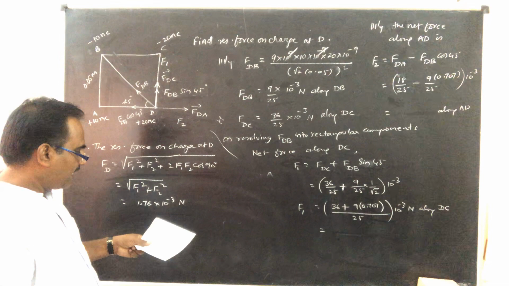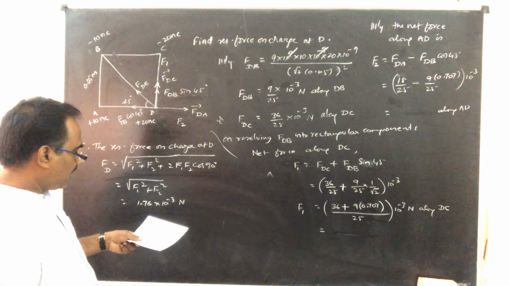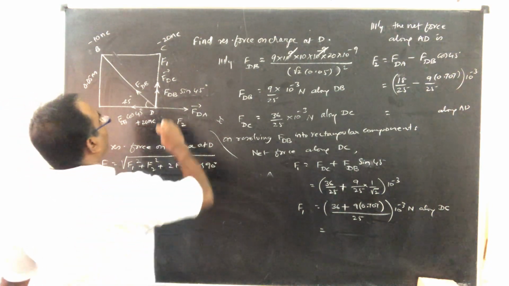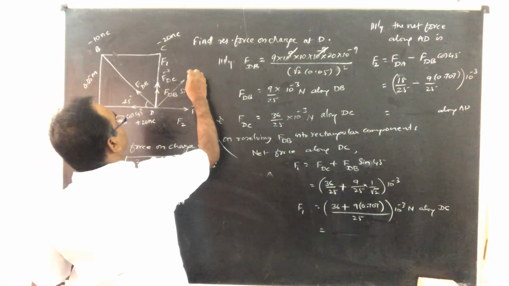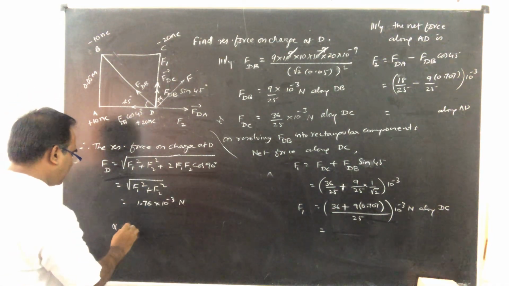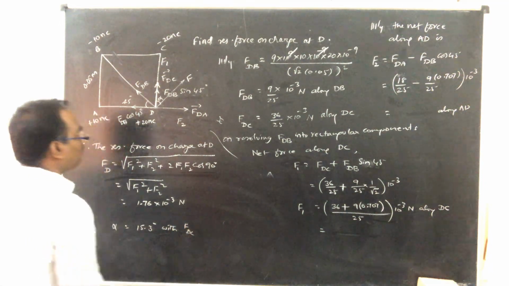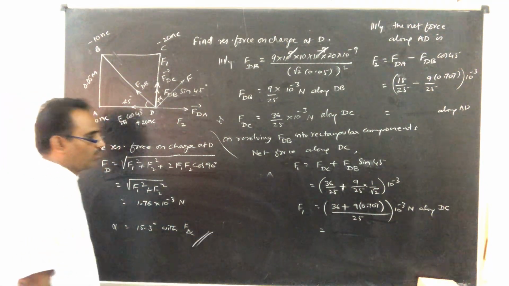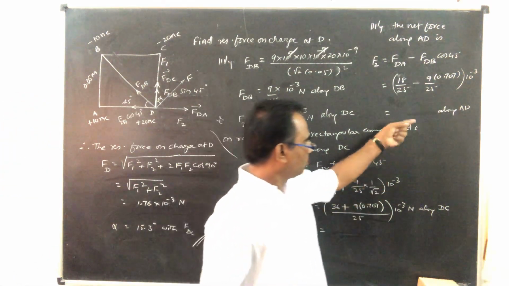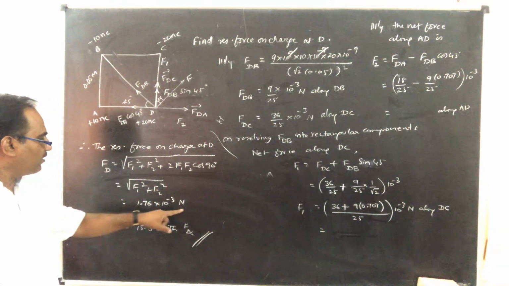Next, if you calculate this direction, so this is F, if I take this as alpha, this alpha comes to be 15.3 degree with FDC. So you do this calculation, this step here, you also do this calculation here. You substitute those values in this formula and you check whether you get this much or not.